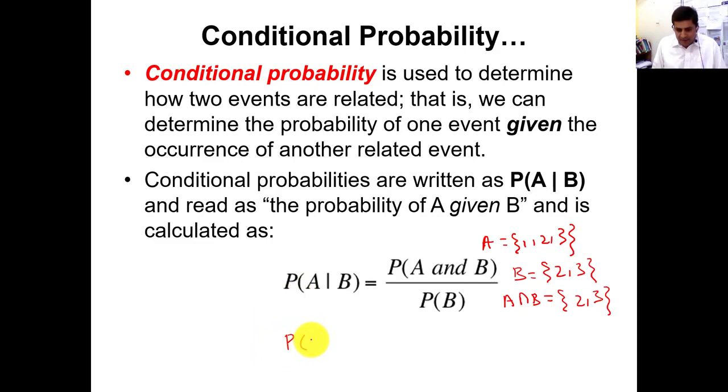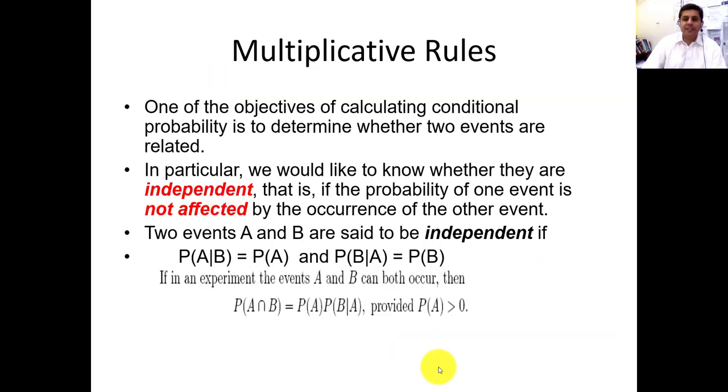If the condition is like this, probability of B given A, then we can write probability of A and B divided by probability of A, because now in this case probability of A is given to you. So in both cases this term will be the same, but this thing will be known to you. So you need to divide the intersection, which is mutually common between A and B, with respect to the given information. In some questions they will also give you some specific information, probability of A. In this way you will calculate conditional probability.